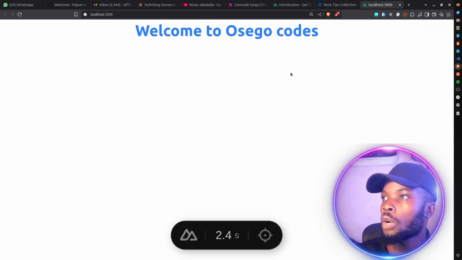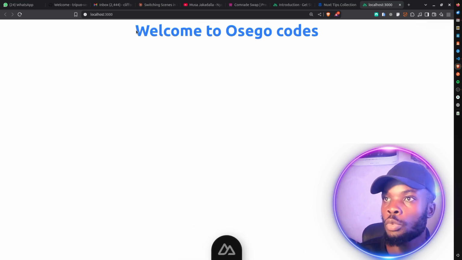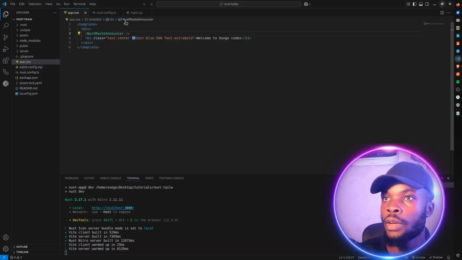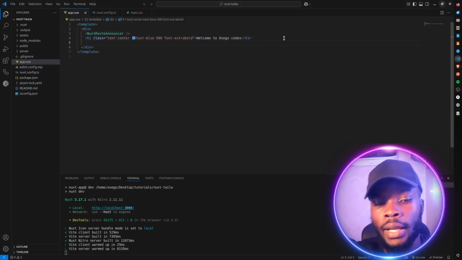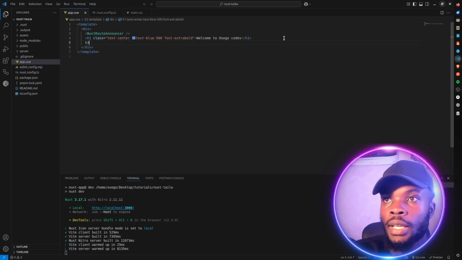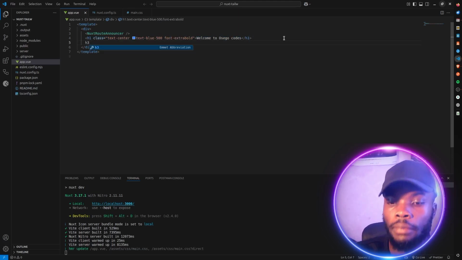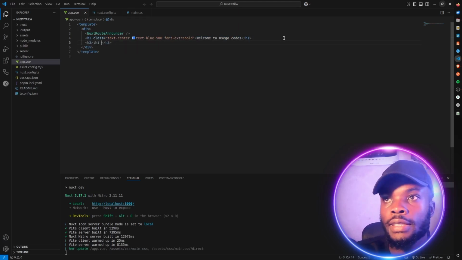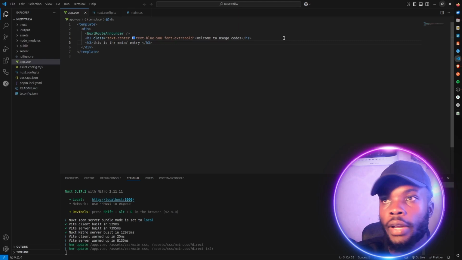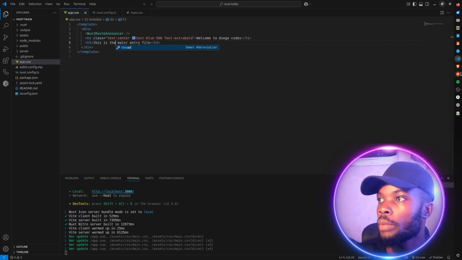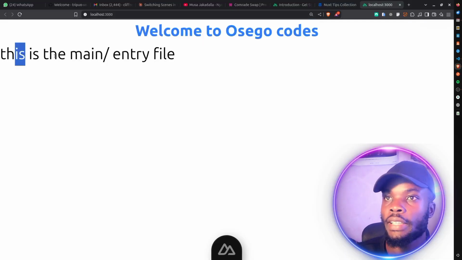So we have our app rendered already on the browser. So we have "Welcome to Sequel Codes". So I said everything that you write directly on the app.vue will be rendered on your browser. So for example, if I come down here and add another h3 tag, and in this h3 tag I say something like "this is the main or entry file". And then if I go back to my browser, I should be able to see that this is the main entry